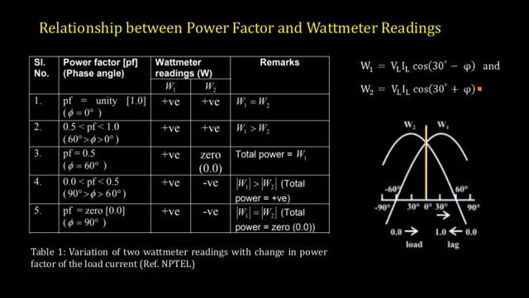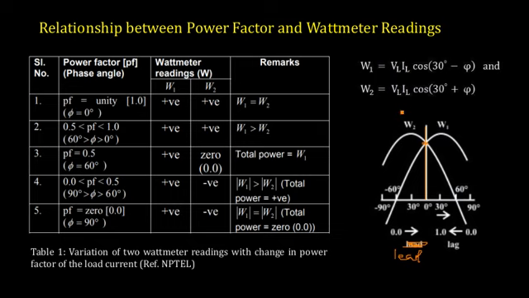At phi equal to 0, what will you get? You will get VLIL cos 30, VLIL cos 30. Okay, so W1 equal to W2, both are positive. You are at this point. Now we have considered the case of a lagging load, so we have to move in this direction. This is for leading load, and this direction is for lagging load. So theta, or phi, is increasing from 0 to 90. Now we are getting a value of phi between 0 and 60.